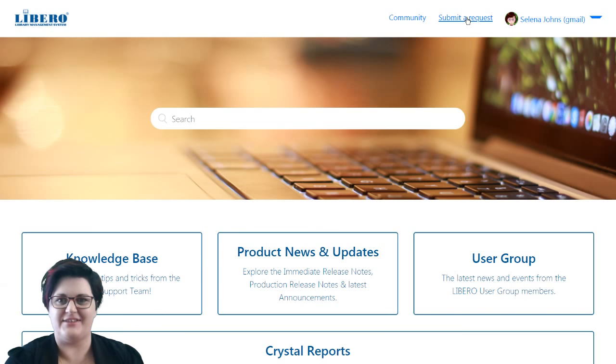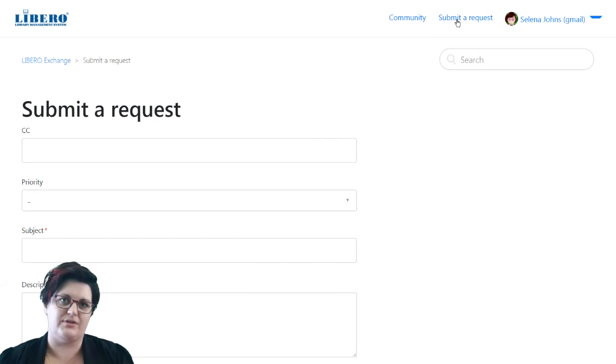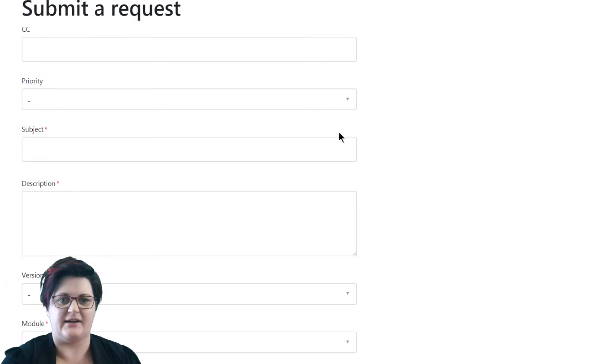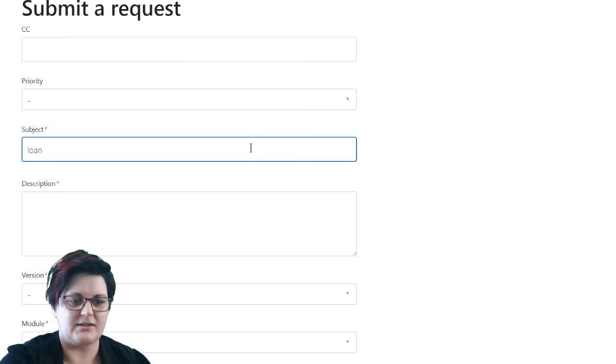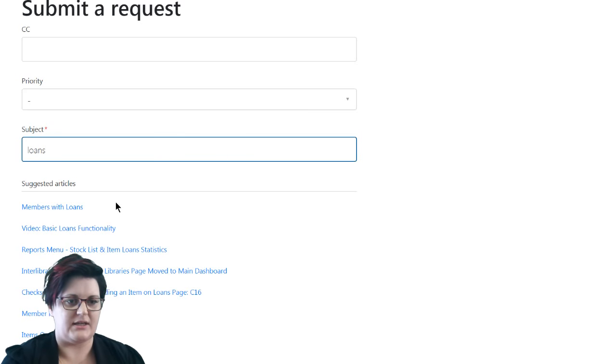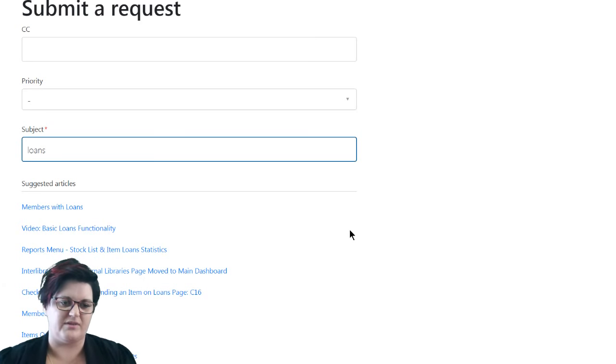So finally, I'll go through the submit a request link. So if you can't find what you're after, looking through the little green help icon in our LIBERO help page, or browsing the Help Centre here, you can submit a request. So this is a pretty simple form. I won't fill in the complete details, but I'll show you the little feature in the subject area. As you start typing keywords into here, it will run a search on suggested articles. So just in case something has already been reported, or it could be a new parameter that we've activated or that needs activating in your system,